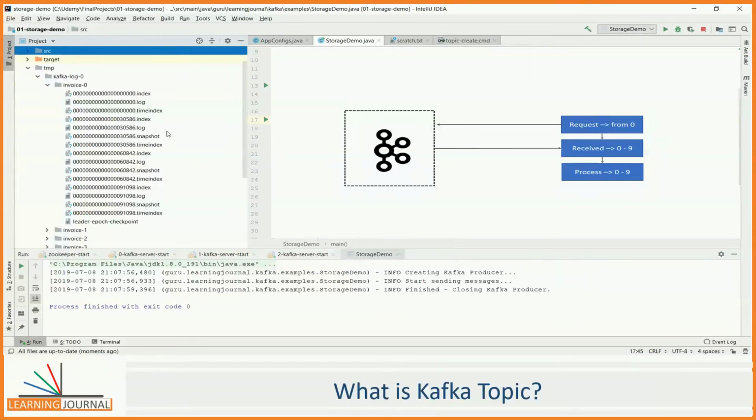Now it is again ready to process a few more messages. So it goes back to the broker and requests more messages starting from offset 10. The broker provides another batch of 15 messages. Next time, the application requests another set of messages. This process continues for the life of the application.